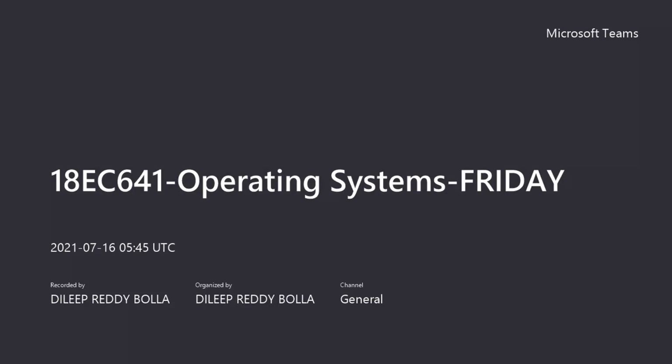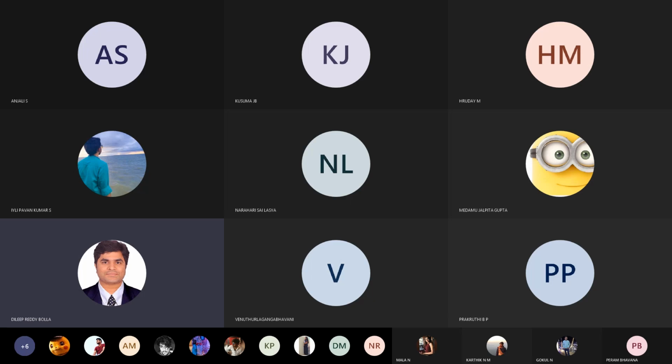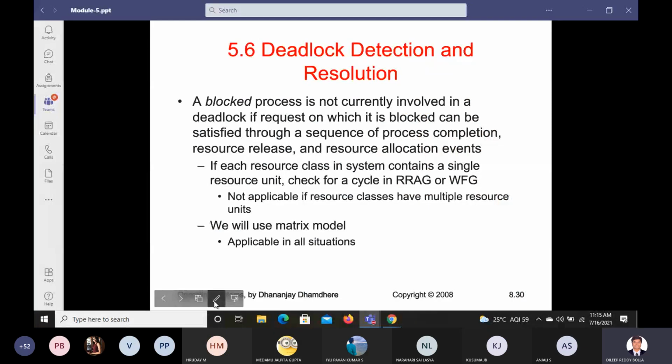The topic of module 5 is deadlock detection and resolution. How do we detect a deadlock? What is a deadlock, you know, right? How do we detect it? We are talking about the detection part, which means we need to know that we have a deadlock. When a process is going on, sometimes we do not know that we have a deadlock, correct?